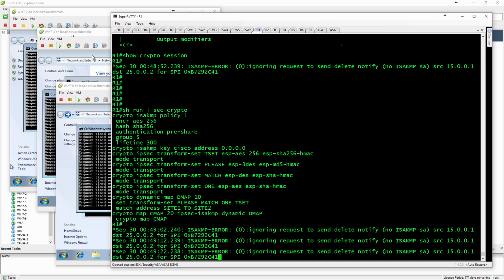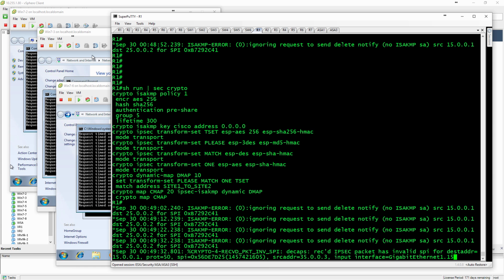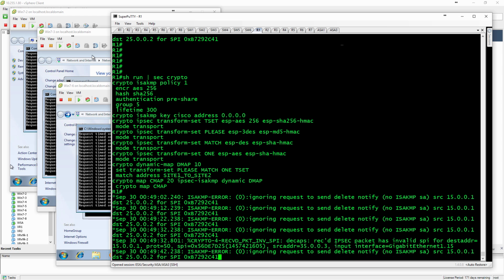Meaning, I might have one endpoint that comes in as ESP AES, another as ESP triple DES, another as ESP triple DES or DES, and one as ESP AES 256. The idea is to create as many transforms as possible and map them to the